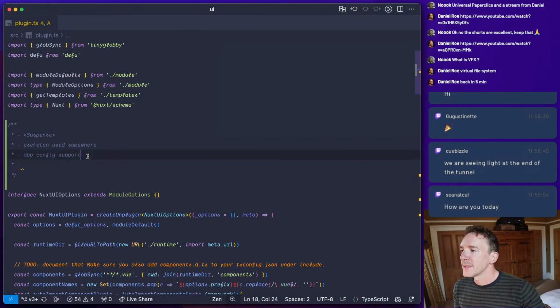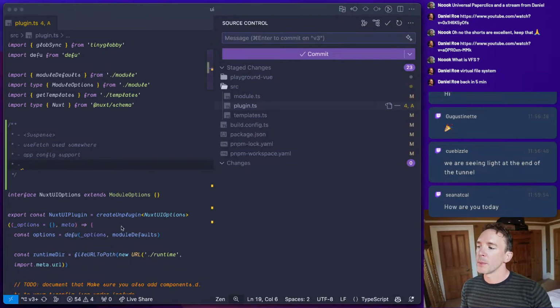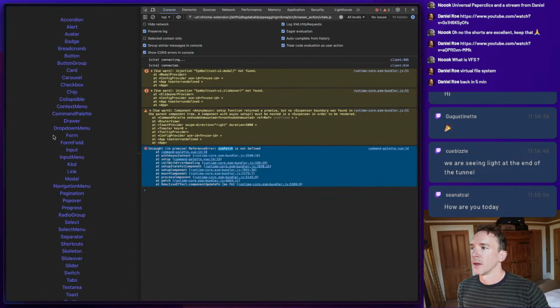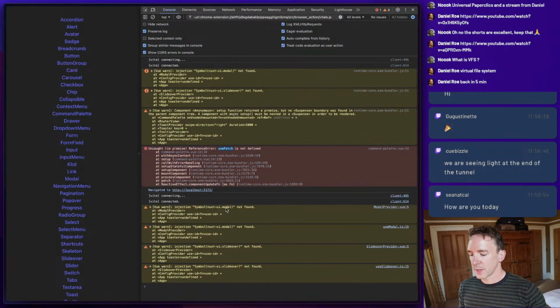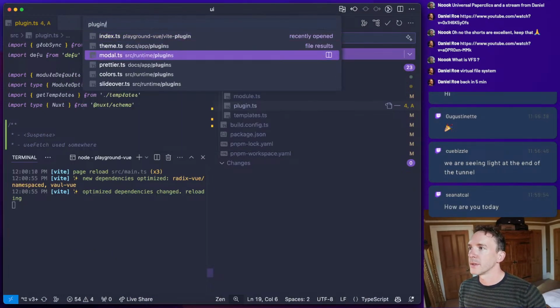Right. Okay, what should we do first? We should probably sort out the, we won't use input, so we don't need the fetch, but we should sort out the symbols. So we have these plugins.